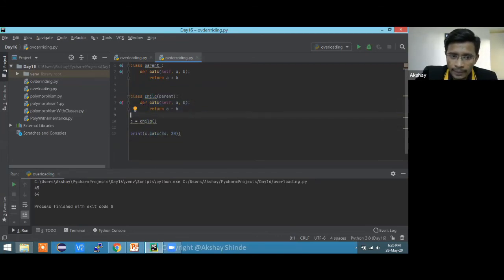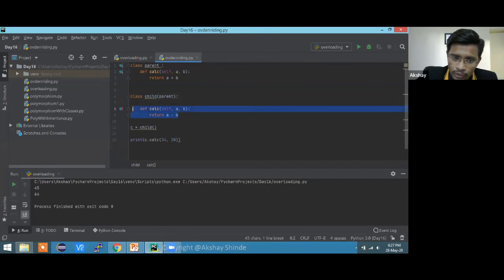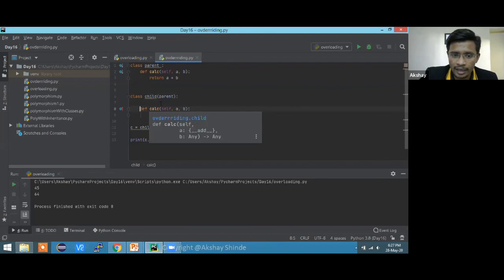As I told you, the child is also having access to the parent's calculator function. But since we are defining the function again with the same name and same parameters, c dot calci with parameters is going to do what is written inside the child function. It is not going to look at the parent.